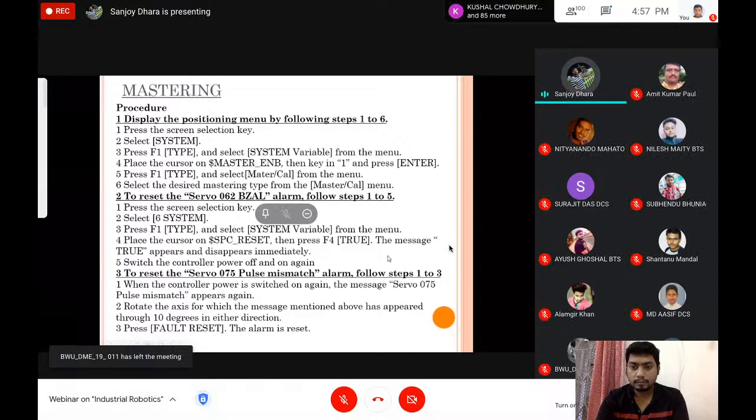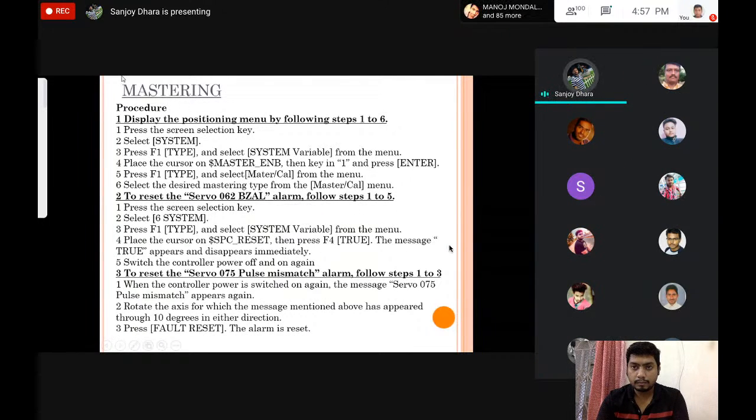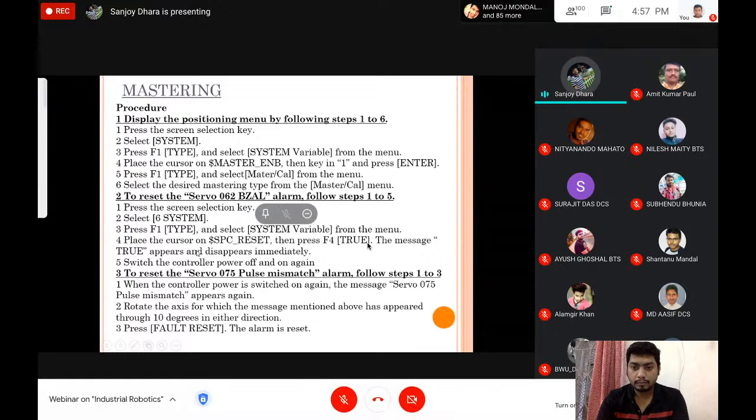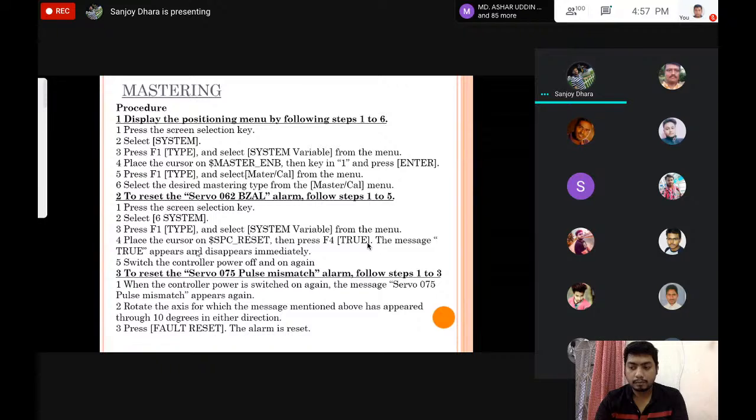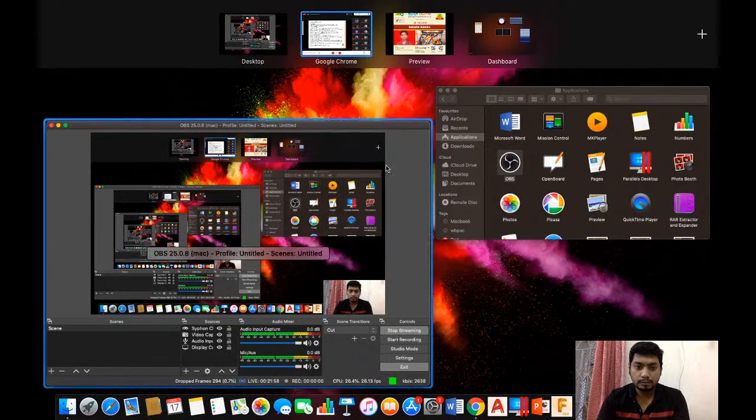which will not be required here, but for your knowledge, the mastering term and terminology, how mastering should be performed, when it is required, and how it happens will be decided by the supplier of the robot and the type of model. But when mastering is required and what things should be in your